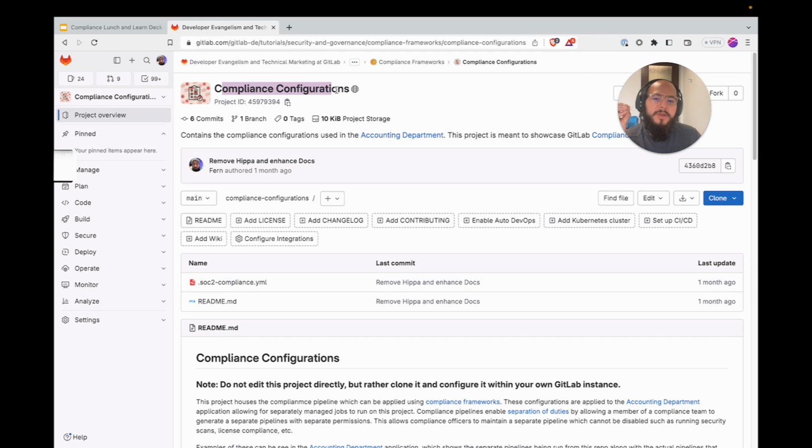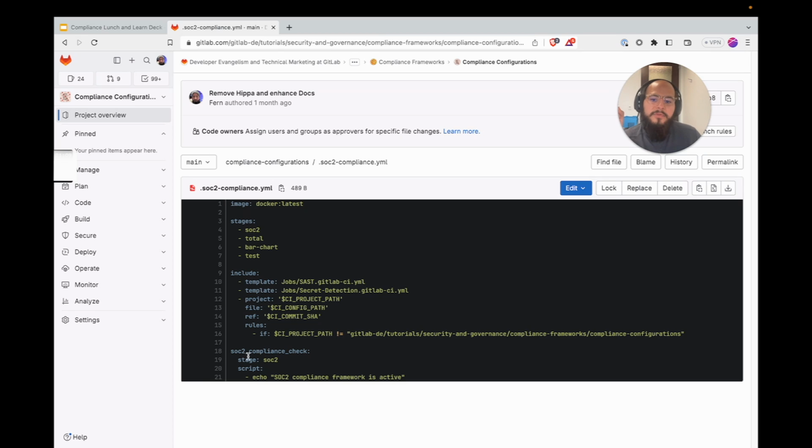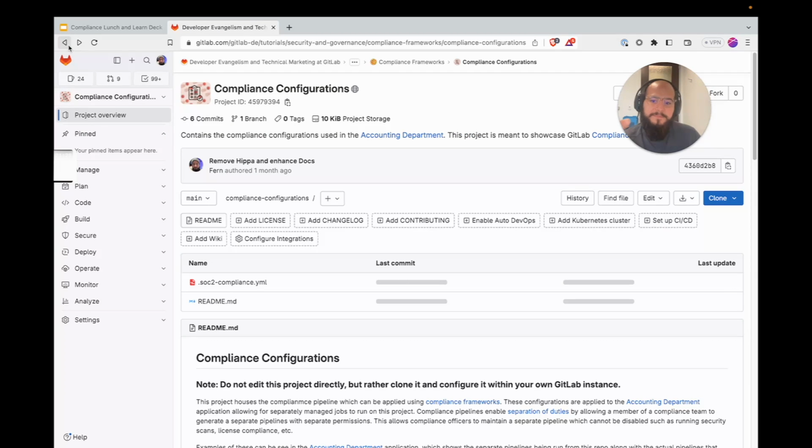Let's say this project only has permissions for our security team and compliance officers, so developers cannot edit this. It has a SOC 2 compliance check job, which you can alter for your needs to achieve SOC 2 compliance. This is just a stub sample. It includes all the stages that need to be run for the project, so NAD, SAST, and secret detection. Developers cannot change this.